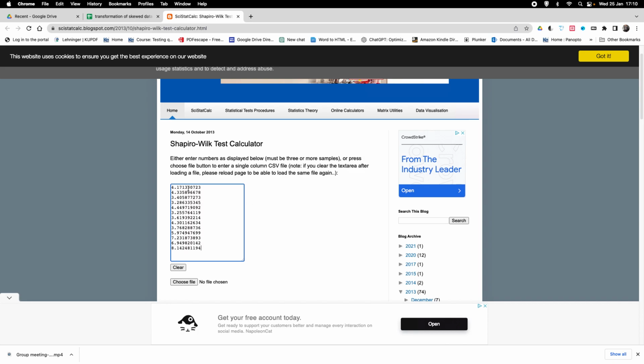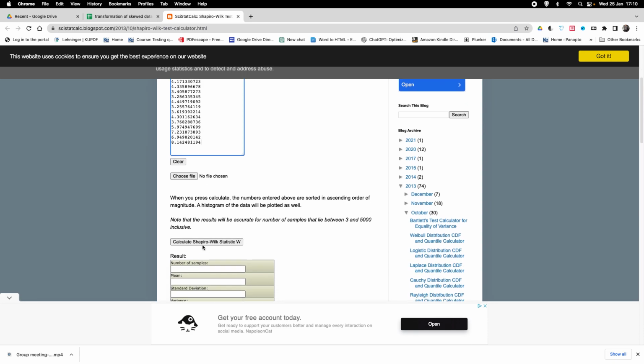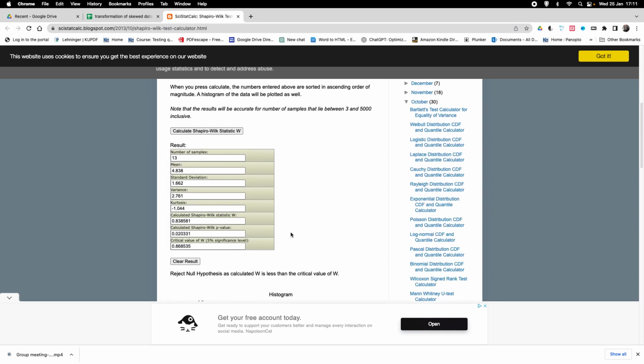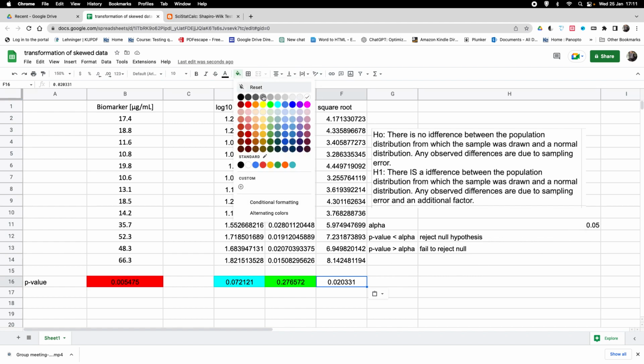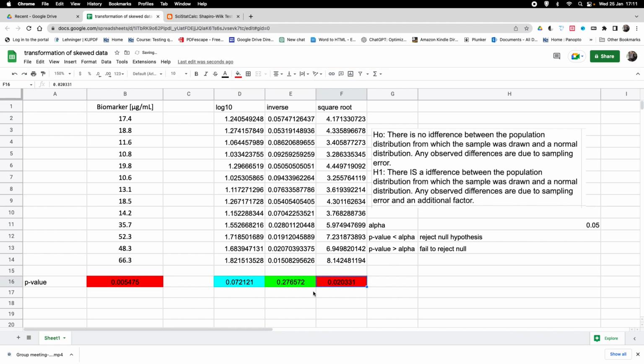Here, so we've got our square root data, and let's see what the corresponding p-value is. So here we've got a p-value for our test statistics. Let's copy that and go over here. So here, let's put that in. And we get a p-value of 0.02. And of course, we notice that this p-value is smaller than 0.05, our alpha value. And therefore, we would say that this transformation actually leads to a distribution that is not